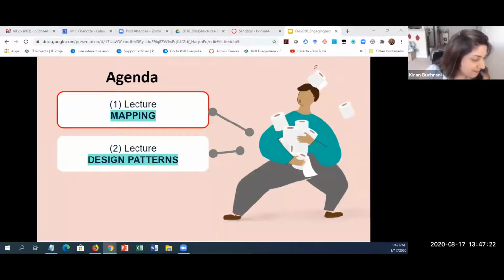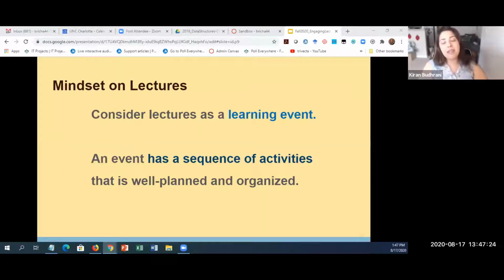All right. Okay, so we start with the mapping. So we're going to move on to our first activity, which starts with us having a mindset on your lecture. I want you to bring about your first week or second week. Try to recall that lecture that you would typically give. Now, if you think about that lecture, it is actually a learning event, right?